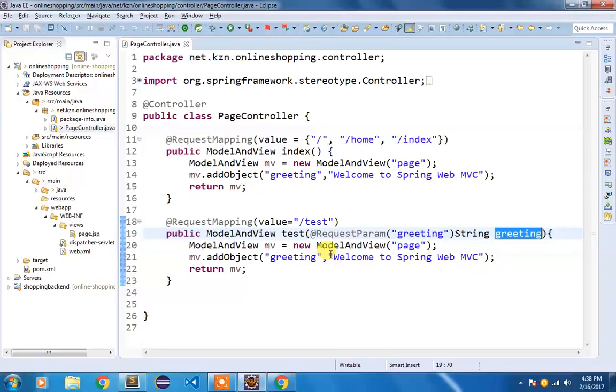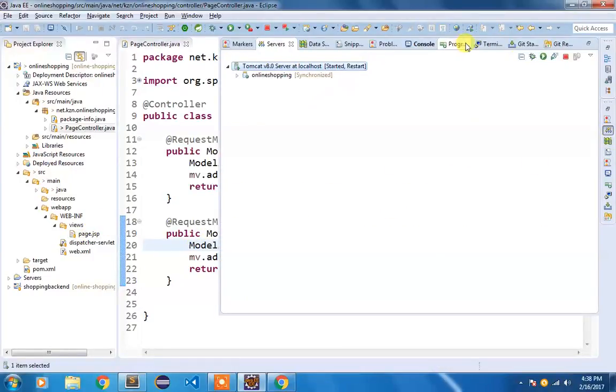That greeting we are going to pass here as greeting, and we are returning the same logical name, that is page, and it would be resolved, and ultimately our page.jsp will get displayed. So I'm going to restart my server.